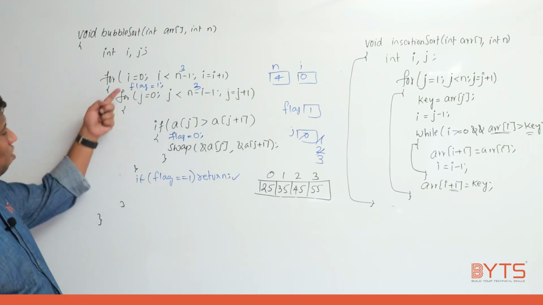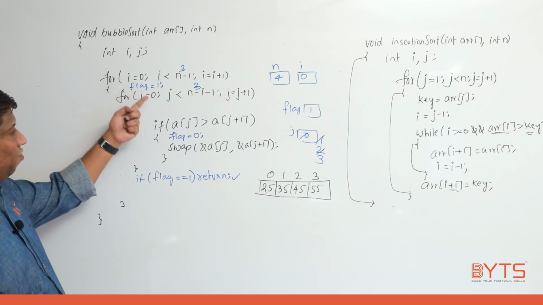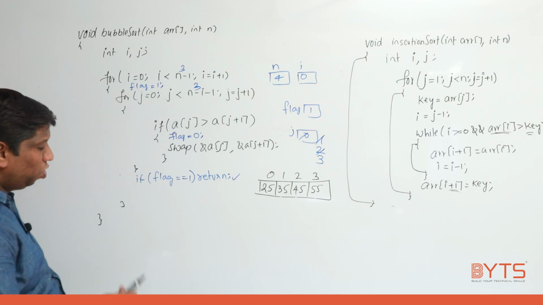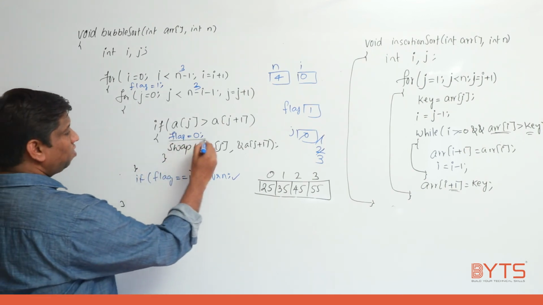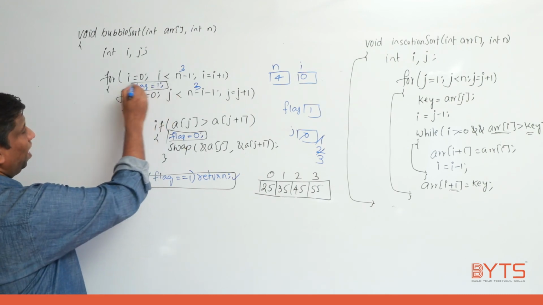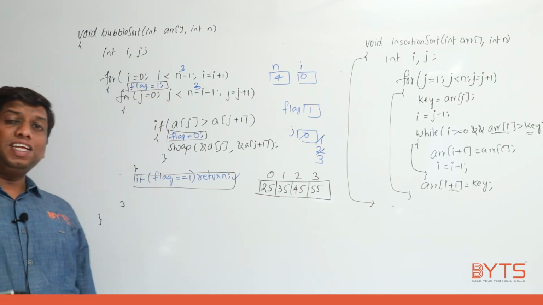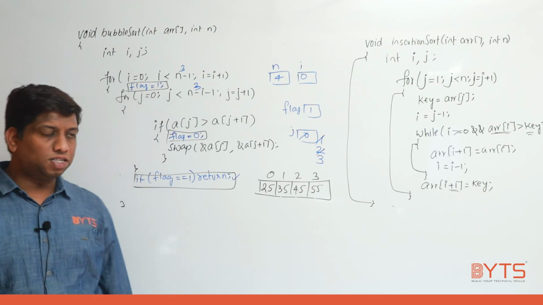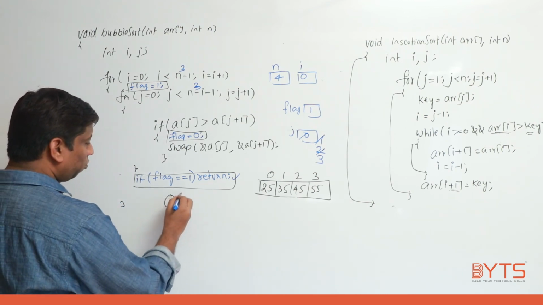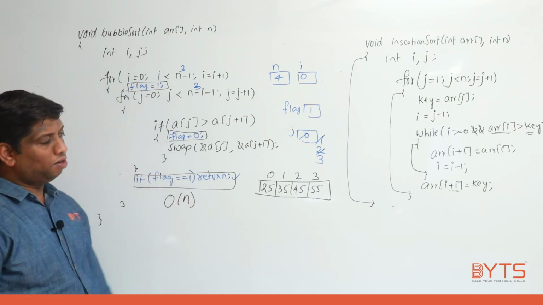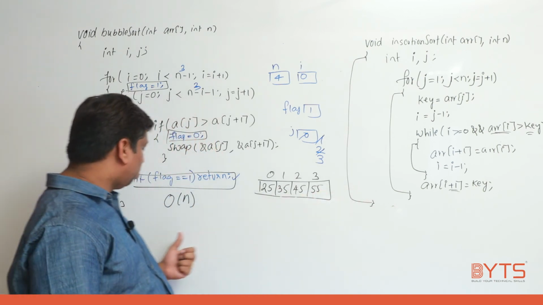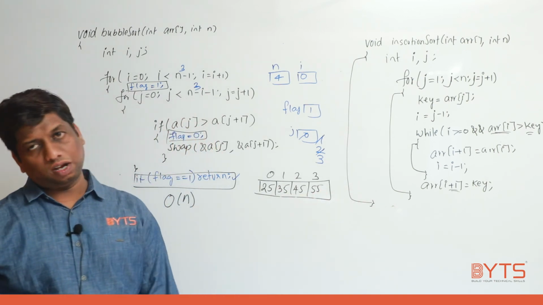Have you noticed? Whenever I entered from for the first time, this loop only completely repeated. This loop only repeated 1 time. So if you can add these 3 statements, very important point I'm telling, if the array is already sorted, then the time complexity of this program will be how much? O of n. But that type of provision you cannot do with what? Insertion sort. You cannot do that anyway.